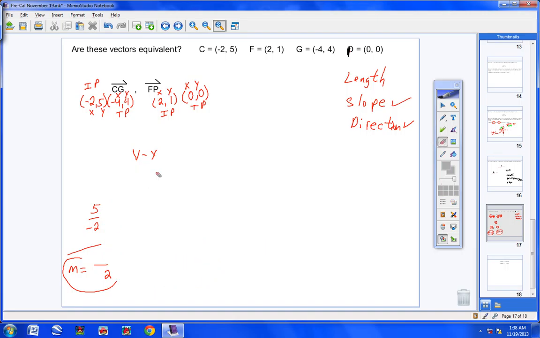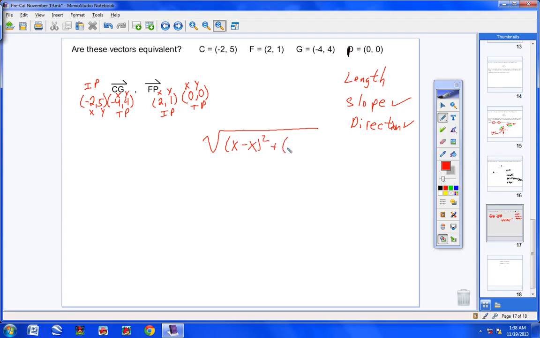Now this might be something you've forgotten from Algebra 2. There's a formula called the distance formula that helps you find the distance between 2 points. And it's the square root of (x minus x) squared plus (y minus y) squared. Okay, so we're going to use this formula to find the distance between these 2 points, because when you find the distance between these 2 points, then you're finding the length of the vector. So let's find the length of